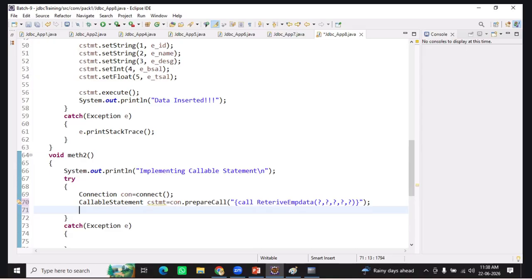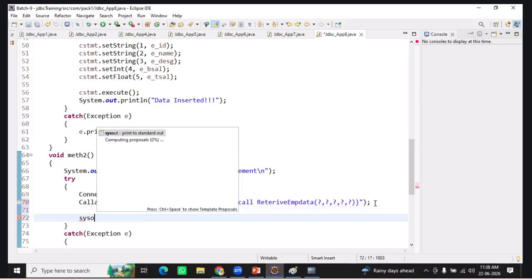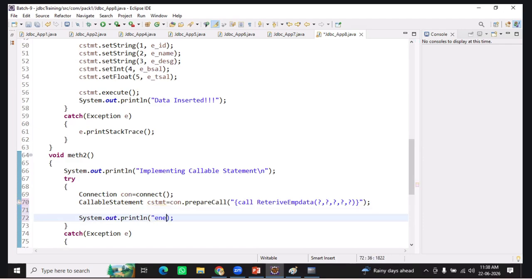What is the input we need to give? ID. Let us just try to ask that ID from the user using scanner class. Already is there, I guess. System.out.println enter employee ID. Okay. After that,